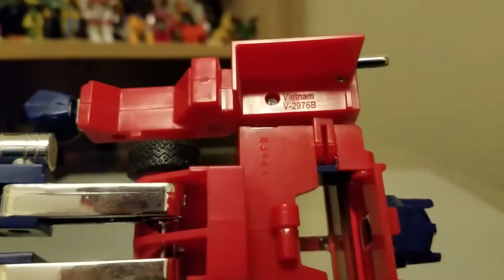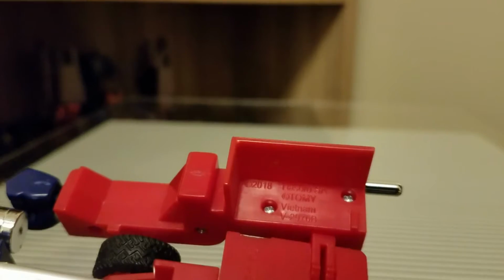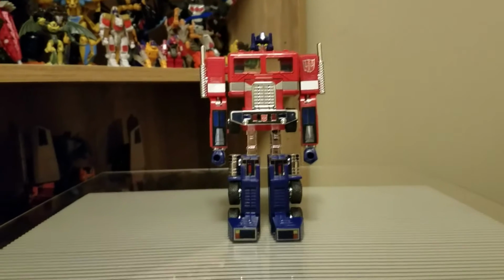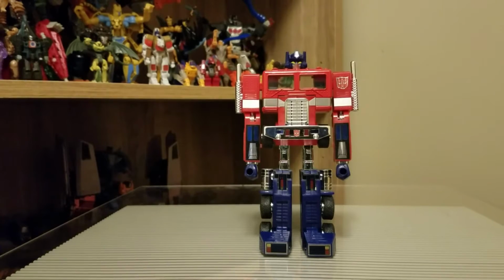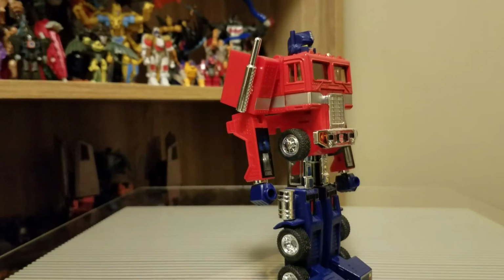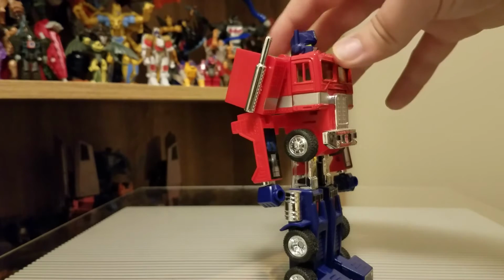Let's see if we can see it. 2018. So I'm showing you guys that mainly for the fact people like to not be very honest when they're selling, and they'll tell you that it's a vintage. That's one way you can tell right off the bat. Another thing you could tell is the shape of the rubber tires. If they're scratchy looking, or they look kind of dry, right off the bat you know that it's the older version,